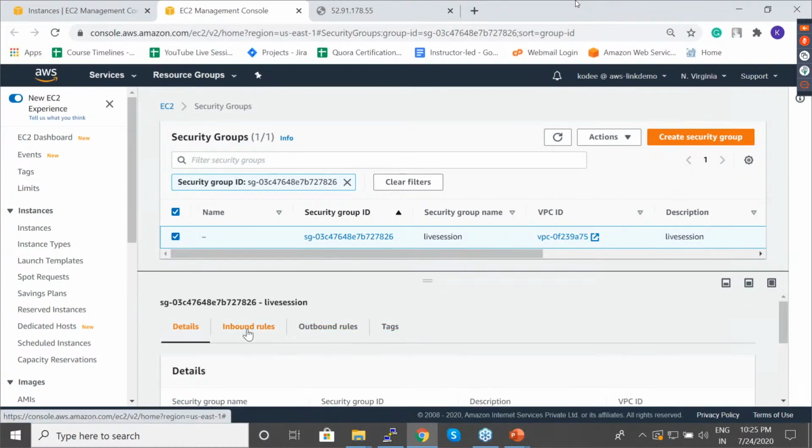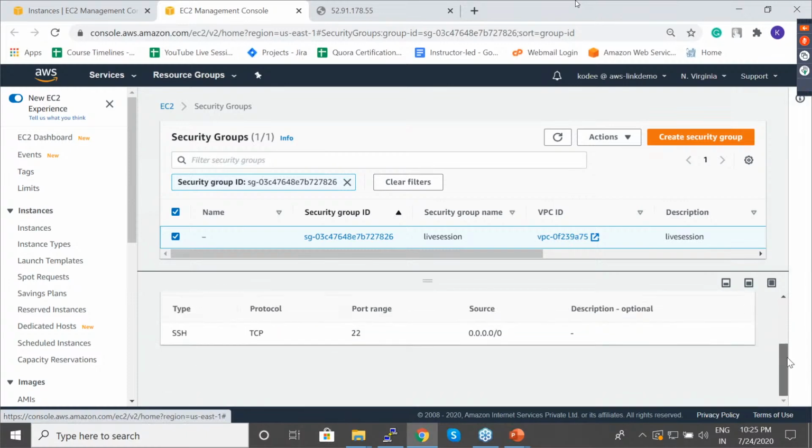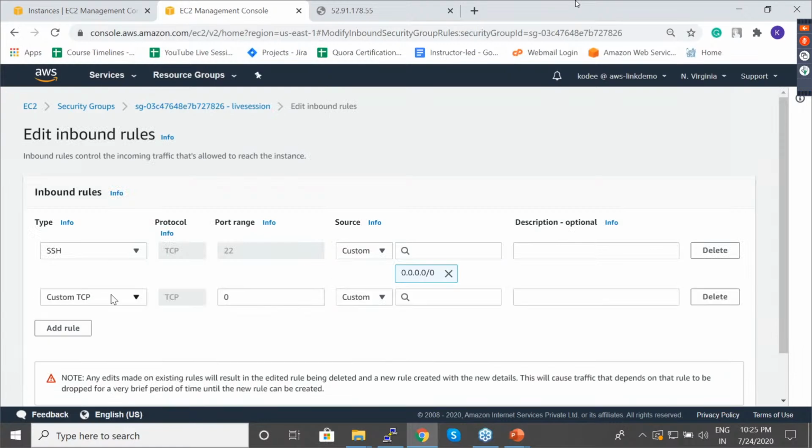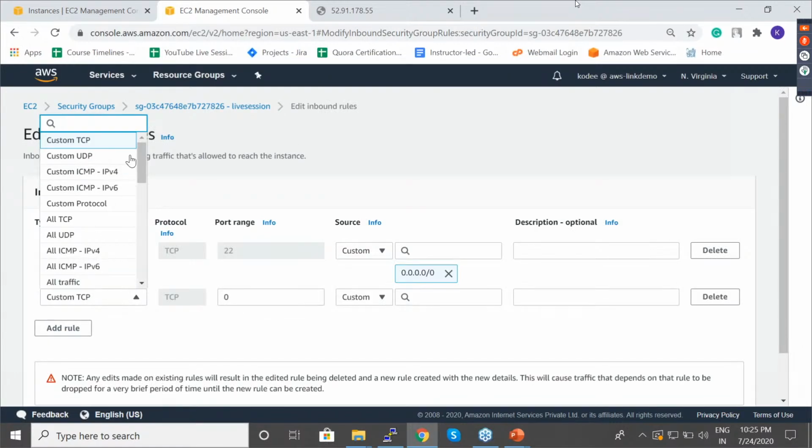Inbound rules, coming down. So custom TCP also you can give. With custom TCP, you can provide any port range you want, any IP you want, and it will allow it.